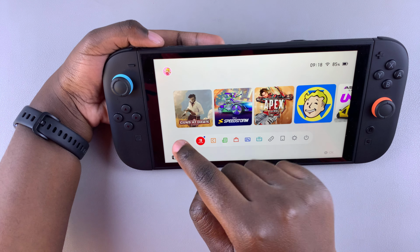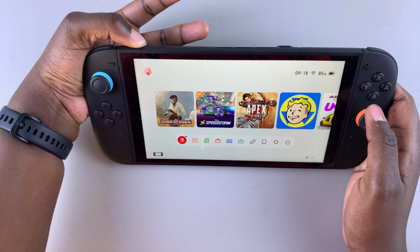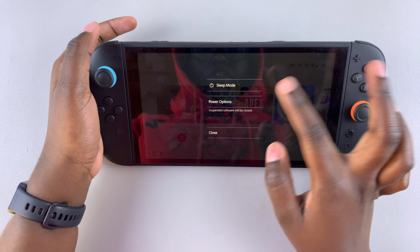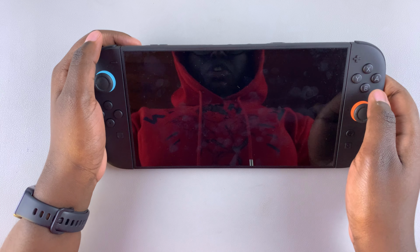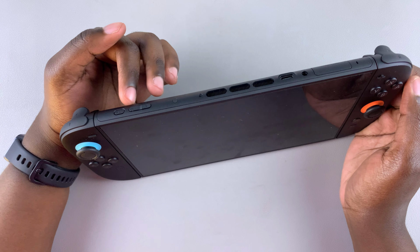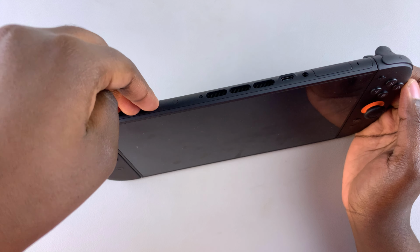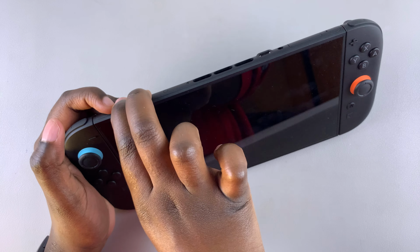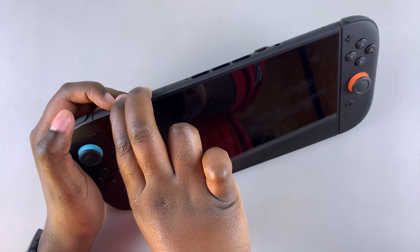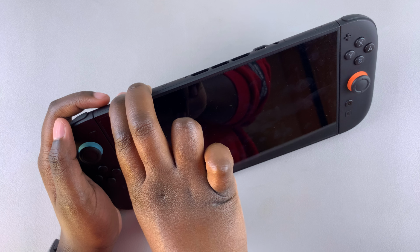So let's do that. Again, first step is switch off the Switch. And remember to ensure that your Switch has enough charge for this operation. Then once it's been successfully switched off, you're going to put fingers on the volume buttons as well as the power button. So just press on all three buttons at the same time, like that. Then continue pressing, let go once the logo appears, keep pressing,